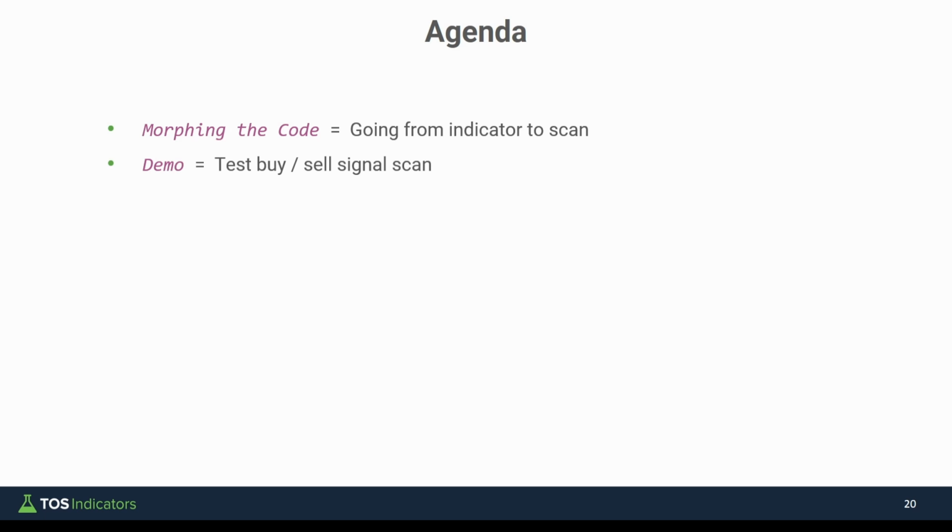Now, after this video, in part 4, we're going to turn these buy and sell signals into a backtester, which allows us to test how effective they are on almost any market, any particular time frame. Now let's get started with this particular section in which we're going to take the indicator code and turn it